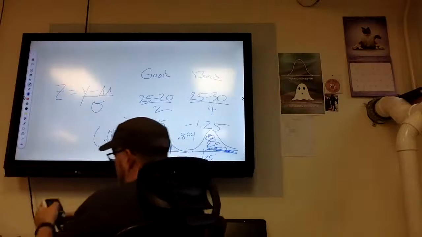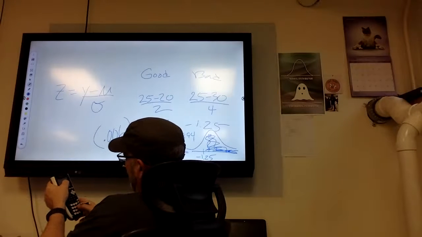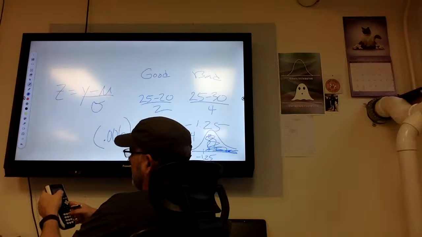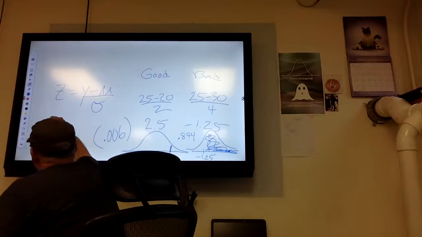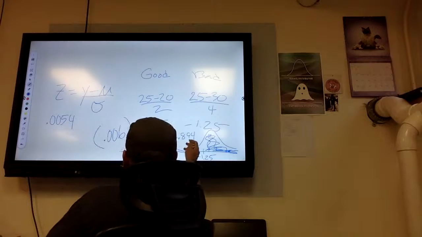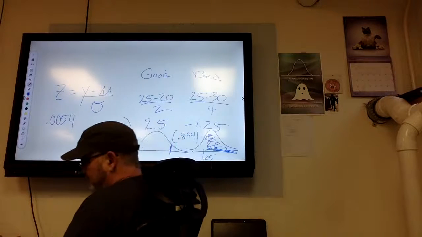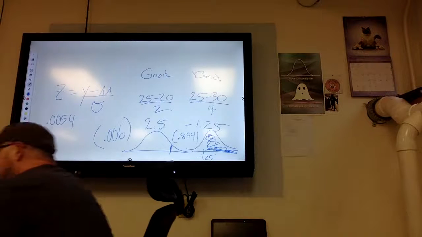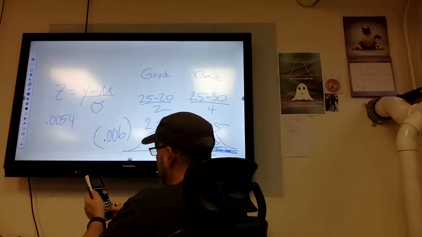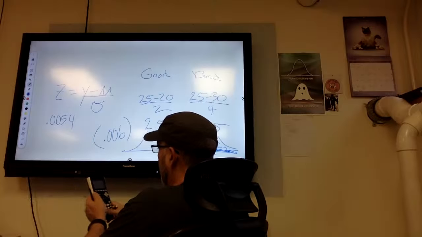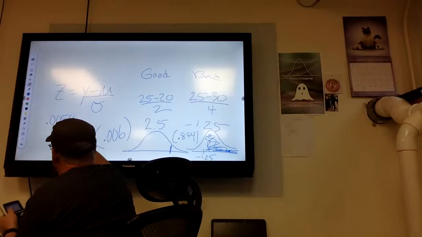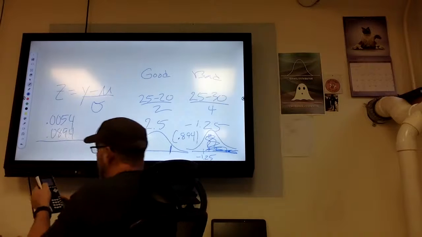So I have to multiply that, 0.006 times 0.9, and I get 0.0054. And then over here, if there's a 90% chance the weather is good, there has to be a 10% chance that the weather is bad. So 0.894 times 0.1 is 0.0894. And I add the two together,